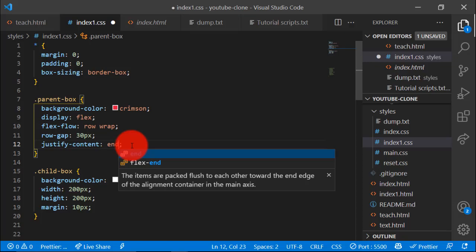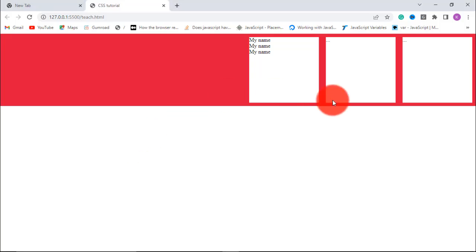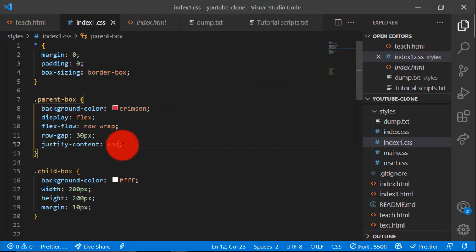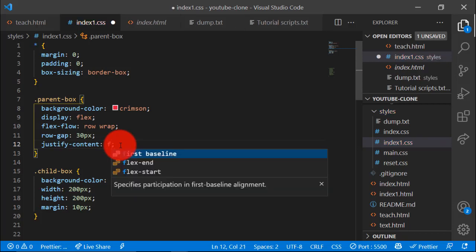You just make it end or flex end, anyone. Boom. Can you see that? So it is working properly. And now that's how we use that. And it also has some other values. So let's check them. Now we can have